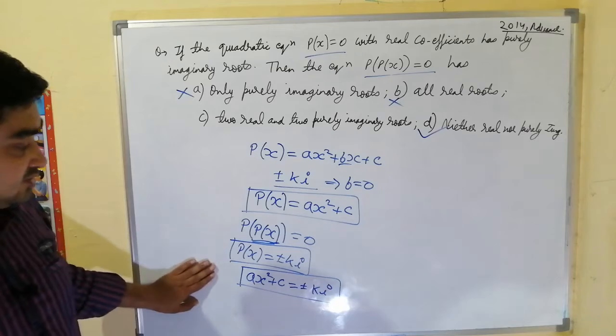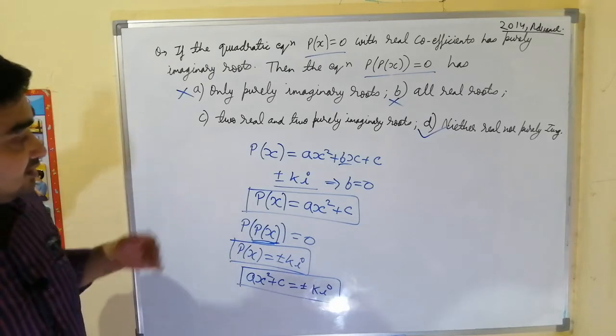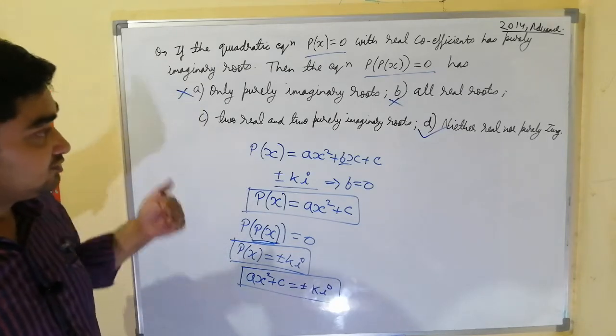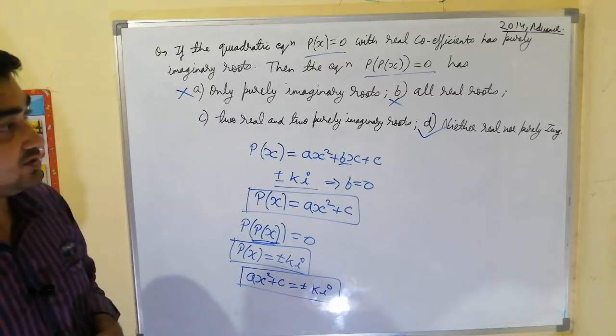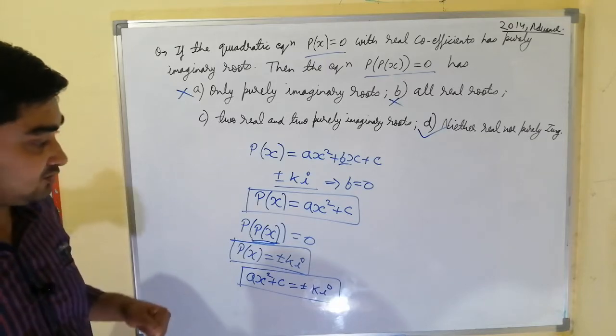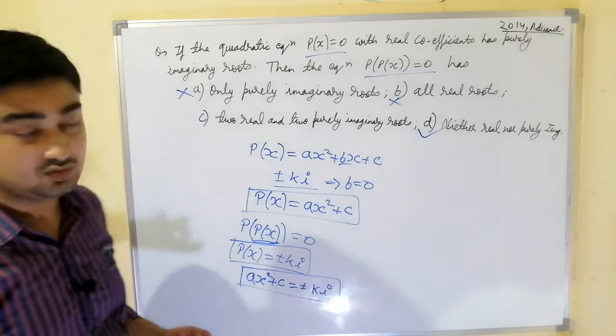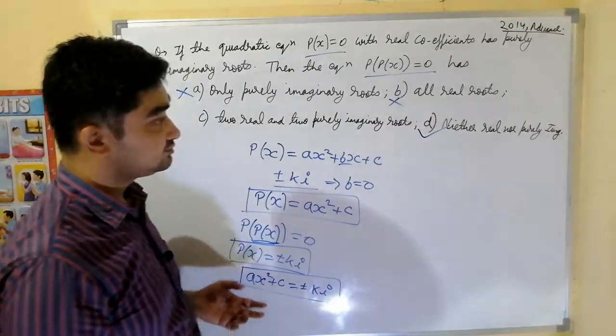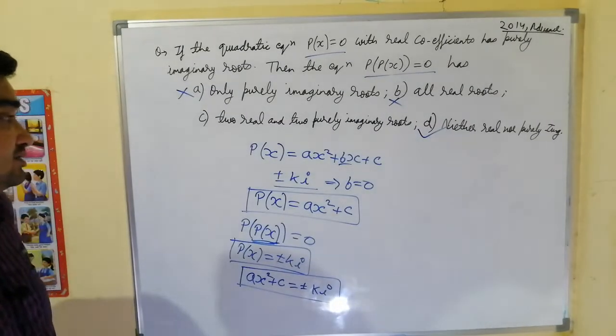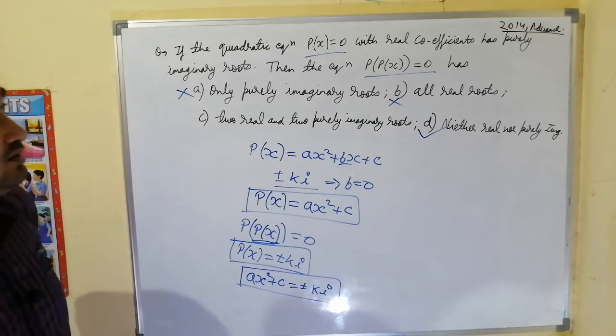So in this problem we just have to analyze the given equation and eliminate the options one by one. There is no such calculation. We only have to understand. So D is the answer. Now we'll move to the next problem.